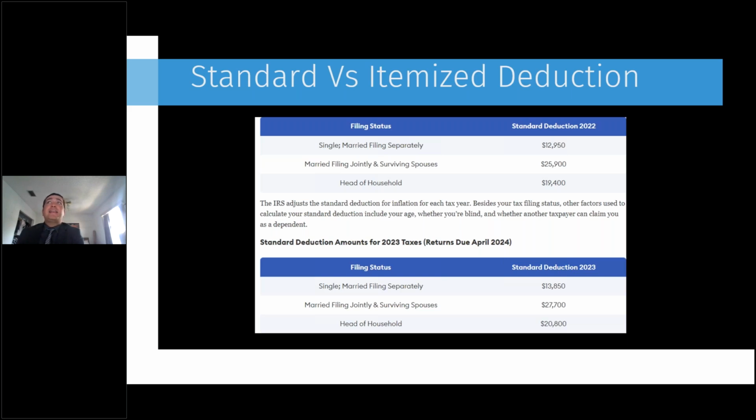And the nice thing about itemized is if they do qualify, it is going to be more beneficial. There will be some guidelines set in place by the IRS to limit it, but it can be much, much higher than the standard deduction, especially if they have a lot of expenses coming up. And where you're going to report